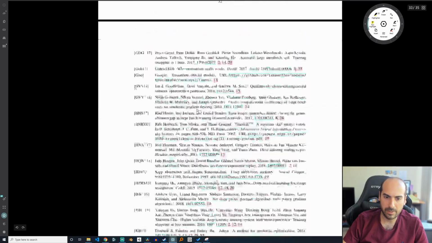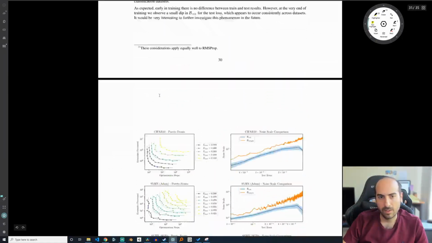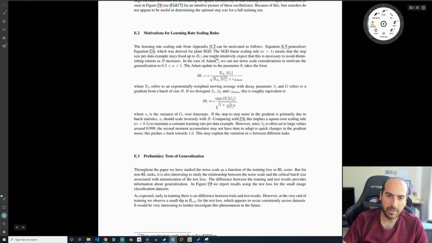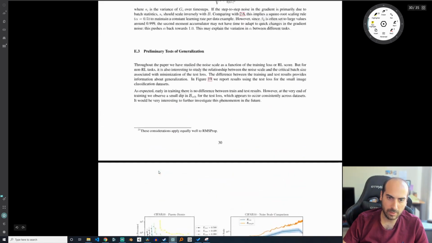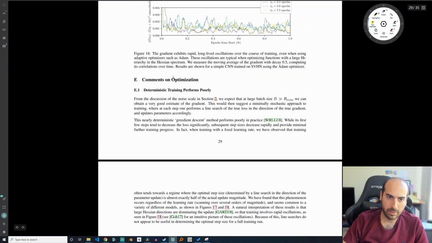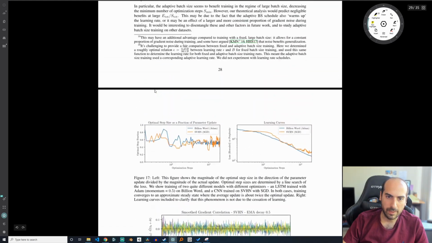Okay, some preliminary tests of generalization. I see. So in the appendix, I'm just going to summarize, they address this issue around whether this generalizes well. I'm assuming they're saying we want to further investigate this. You need some sort of learning rate schedule, and then here